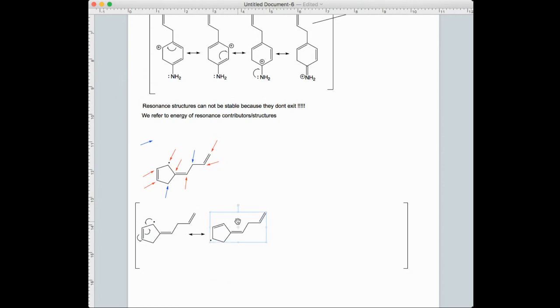Actually I'm going to move that structure to the bottom, because that makes my structures flow better. And then I'm going to create a second resonance structure by flowing the electrons toward the other side of the molecule. So I showed the flow on this side, now I'm going to show it toward this other side over here. So if I'm going to show the flow of electrons towards the right side of the molecule, once again, I'm going to take a half arrow, in this case, this one, to show that this electron is going to be forming a pi bond over here.